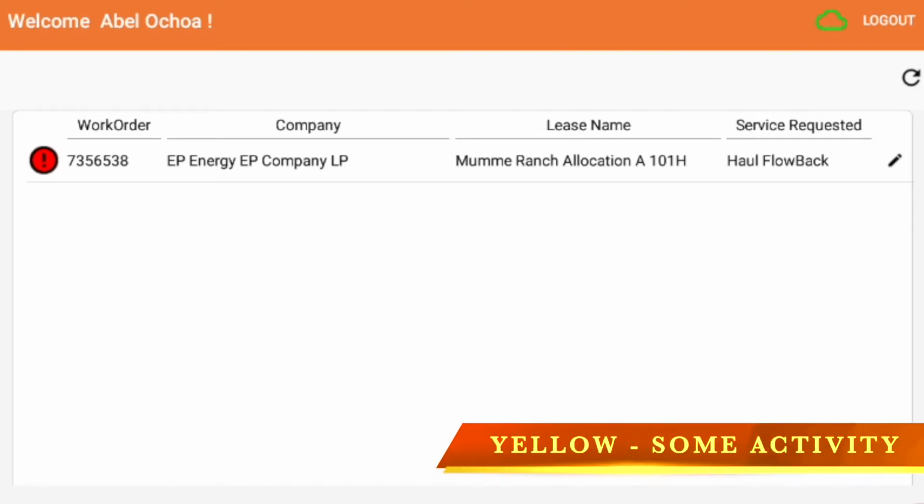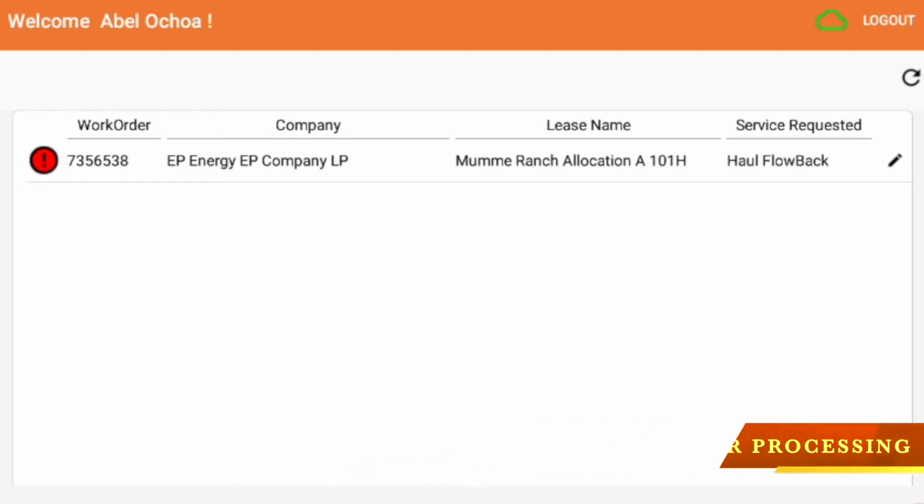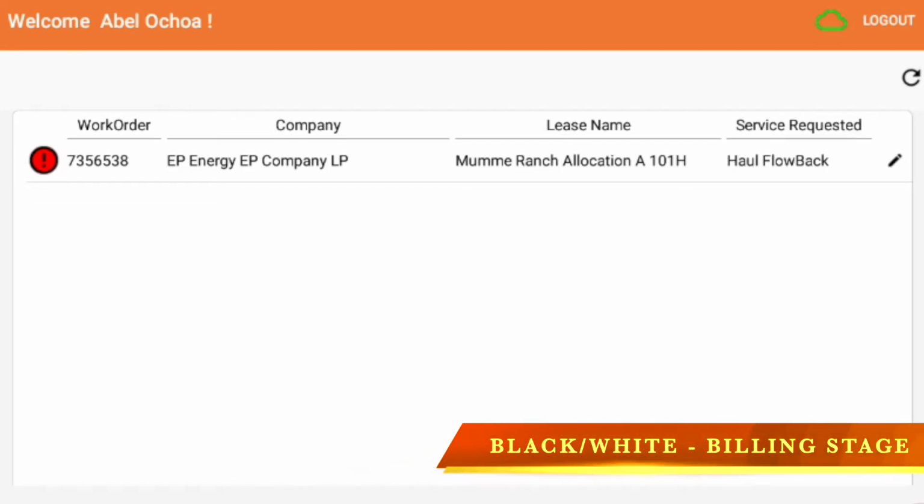Yellow indicates that the job has been opened and some activity has been performed against it, but it has not been completed. Green means that all activities have been entered and it's ready for processing. Black and white indicates that it has been submitted and that billing now has possession of it